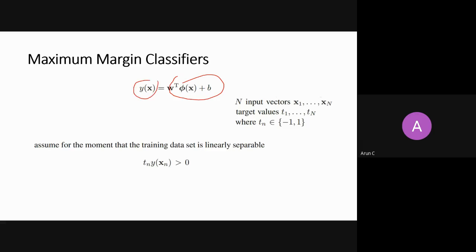Okay, so the same equation of a hyperplane, right? And this will be the sign of my y(x). If it is above the hyperplane, it is positive. If it is below the hyperplane, it is negative. So if I say that my hyperplane is doing well, it means the accuracy is 100%. It means all the points which belong to class 1 are actually positive, and all the points which belong to -1 have negative y(x). It means my accuracy is 100%.